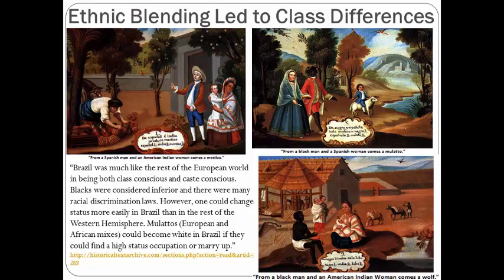There's a good deal of art available online that students can use to examine the ethnic and class differences that were the result of ethnic blending among the peoples of Latin America. For example, students could examine clothing, houses, and occupations to see the different characteristics of the wealthy class demonstrated by features of these paintings. Be sure to also include contemporary photographs as we have here, not to emphasize class differences, but to help students see the way that ethnic blending has culminated in great diversity among the contemporary peoples of